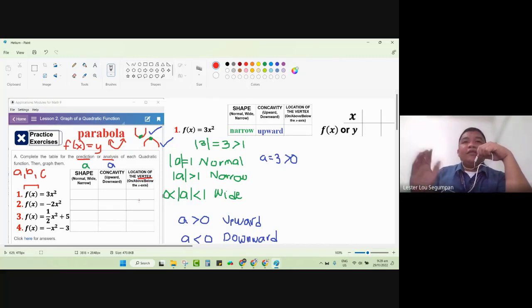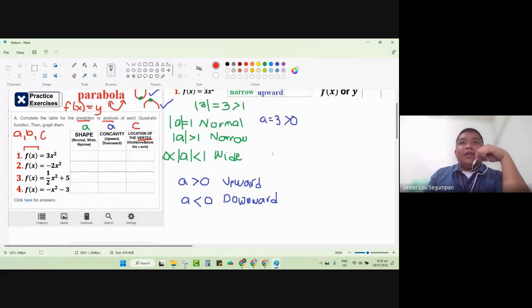Now, the location of the vertex here is just for analysis whether the vertex is above the x-axis or on the x-axis or below the x-axis, regardless of whether it opens upward or downward. The location of the vertex can be given to us by the C coefficient. The vertex is located above, below, or on the x-axis depending on the value of C. And it goes like this. If our C coefficient is greater than 0,